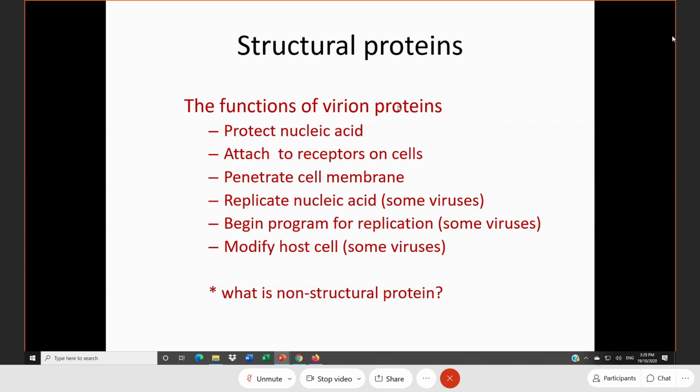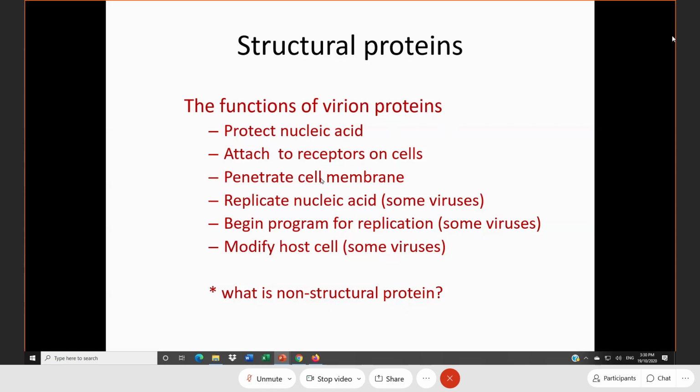This protein also attaches to the cell receptor. If there is no viral protein, it cannot attach to the receptor on the cell, then the cell won't be affected, and you won't get infection. So that's why some viruses can infect only certain cells, not every cell. Many chicken viruses cannot infect humans because we don't have the receptors on our cells for that virus. No receptors for that virus.